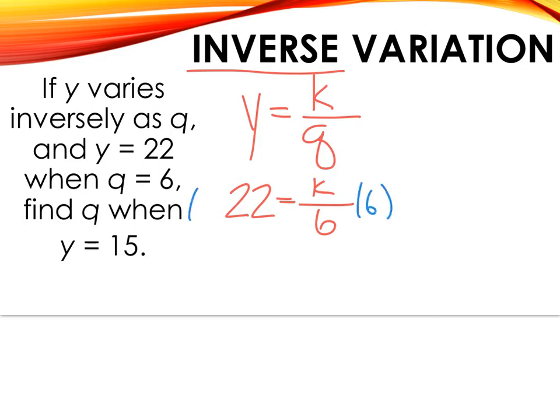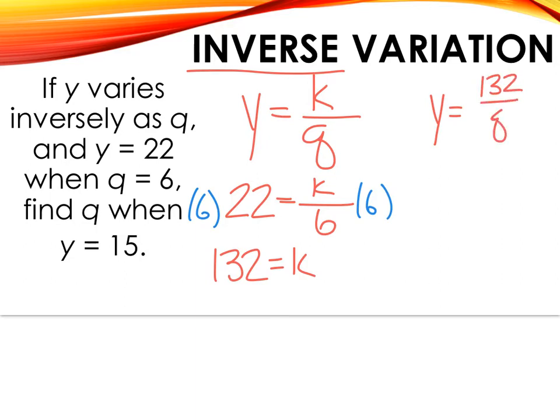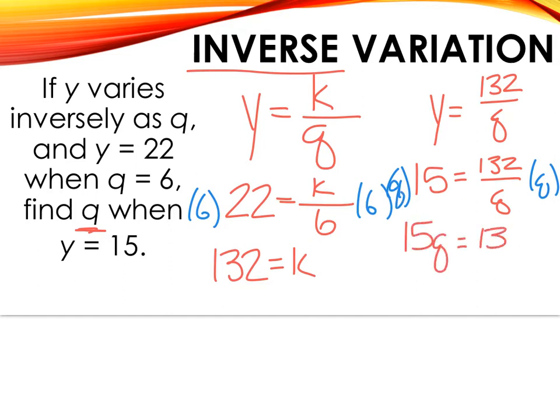To do that, you multiply both sides by 6, and you end up with 132 as your constant of variation. So now you have your equation: y is equal to 132 all over q. And it says find q when y is 15. With this one, you'll multiply both sides by q. You get 15q equals 132. And now you can get q by itself. This actually ends up being a decimal,